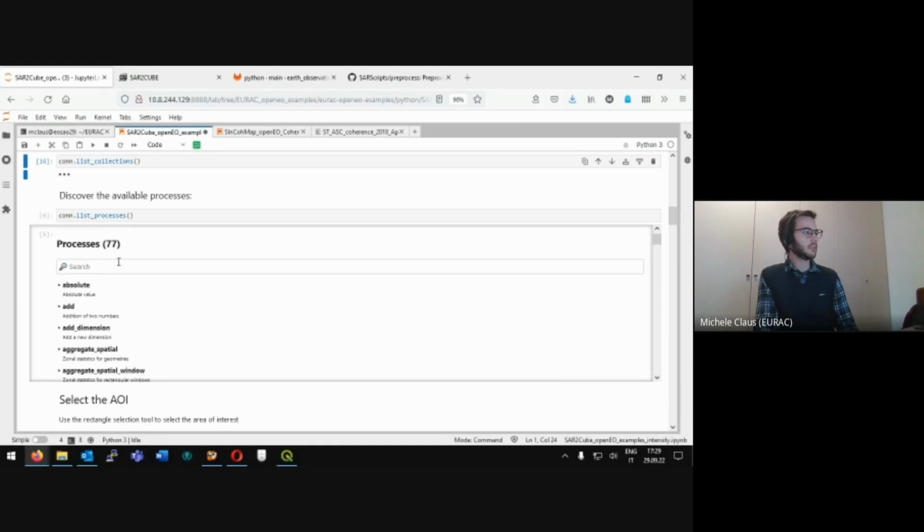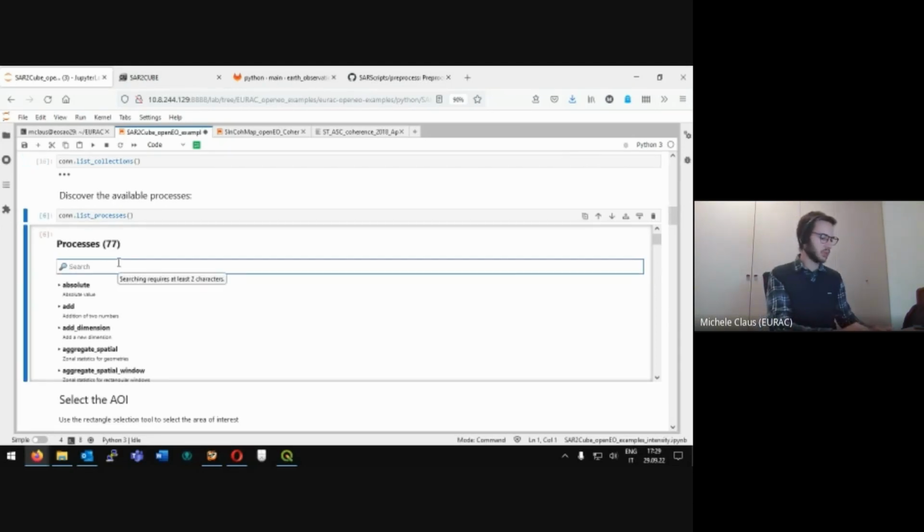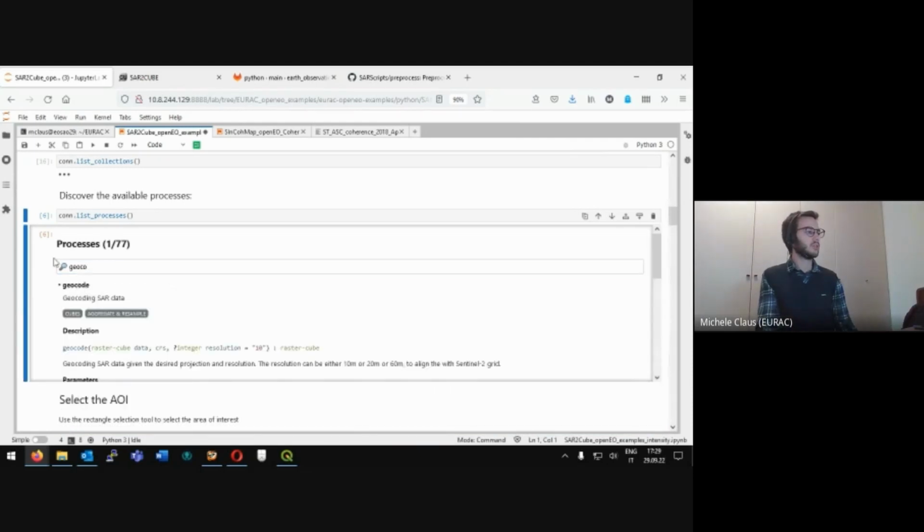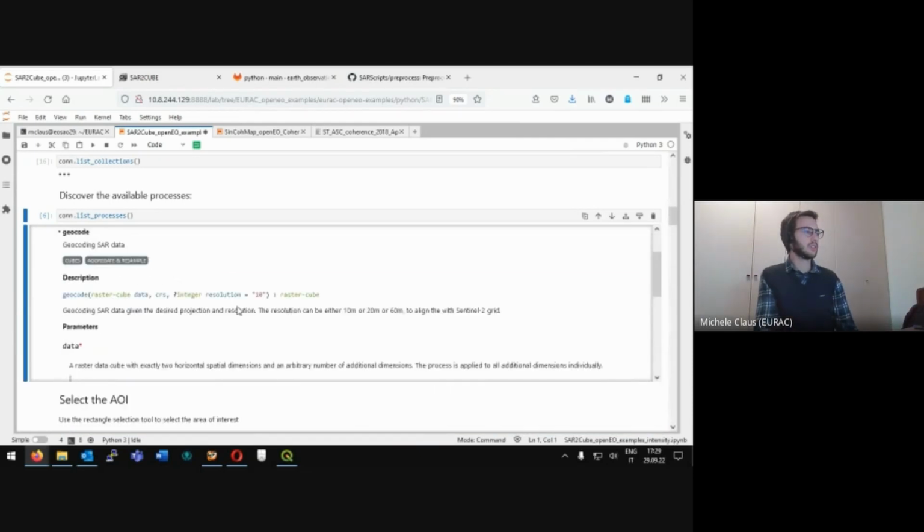In the processes, as I was saying, there's the geocode process, which is the more interesting one. Basically, it geocodes the SAR data, given the SAR projection and resolution. We have chosen to allow just 10, 20, or 60 meters as a resolution, because the aim of the project